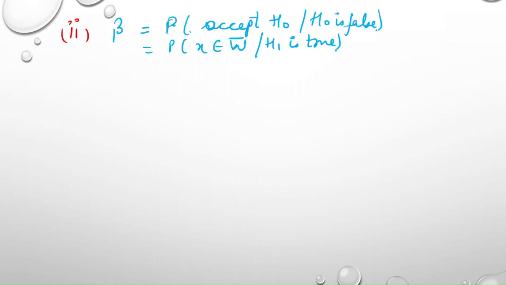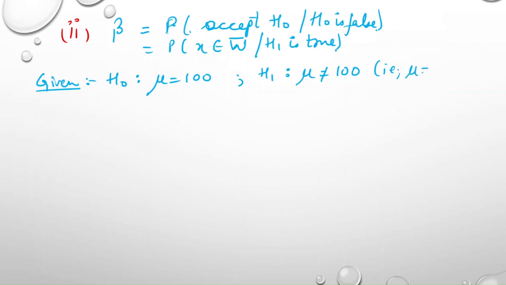Then what is mu equal to? What would be the true mean? The true mean is given to us as 103. So here we are given H naught as mu equal to 100, and H1 as mu not equal to 100, that is mu equal to 103. So in this case beta would be the probability of